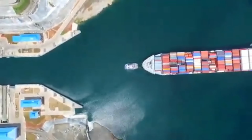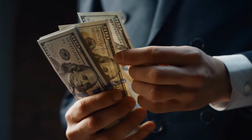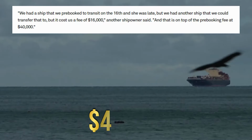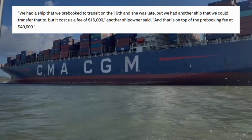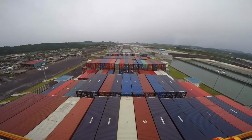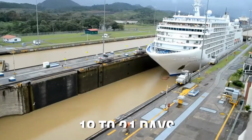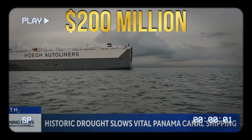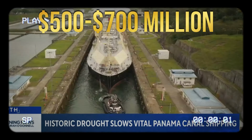On top of this, we have a long wait time even after ships have paid a heavy fee for pre-booking slots. According to one shipbroker reported by S&P Global, the pre-booking cost $40,000, and since their vessel couldn't make it on time, they had to swap it with another, but that too cost an additional $16,000. Waiting time for northbound ships has increased to 20 to 21 days, and the southbound ships have to wait 18 to 21 days. Initially, a $200 million loss was estimated, but since the condition hasn't changed much, we're now looking at a $500 to $700 million